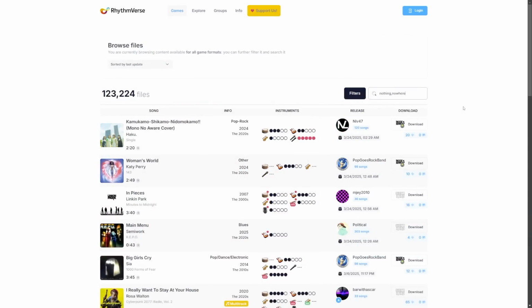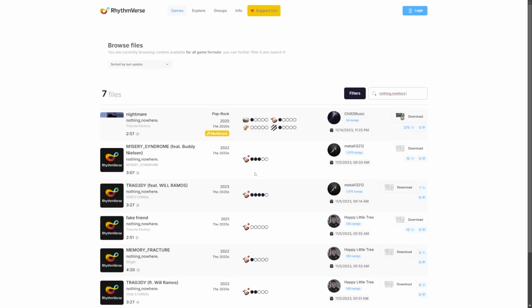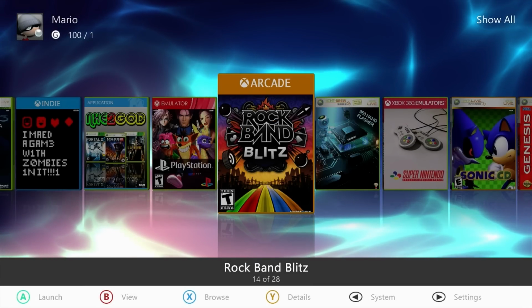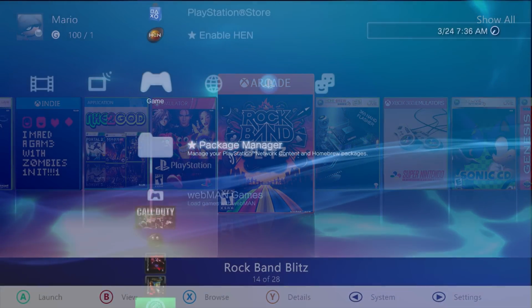on here. I'm going to be showing you all how you can take your copy of Rock Band Blitz like this one, and how you'll be able to modify it with the Ultimate mod, and we're going to be using that to install custom songs or content or charts, really what you're wanting to call it on here. Now I'm going to be covering this for both systems, the Xbox 360 and the PlayStation 3, and one prerequisite